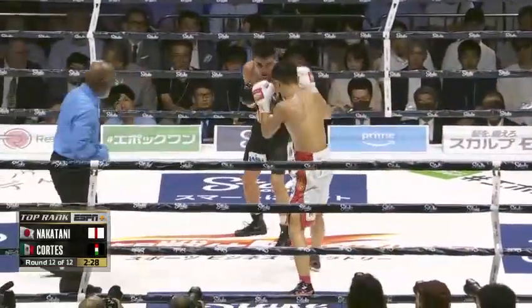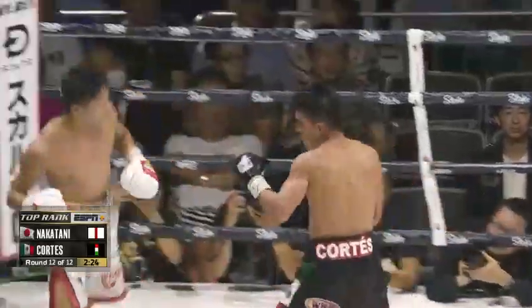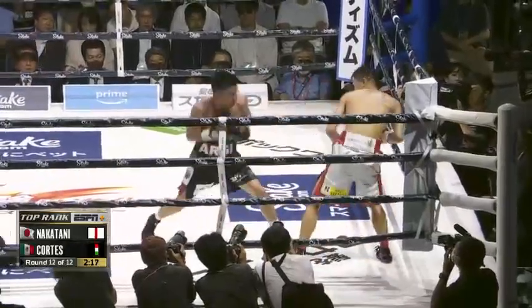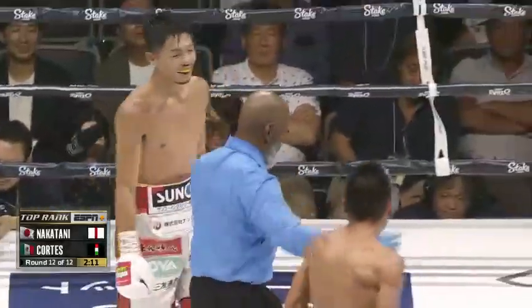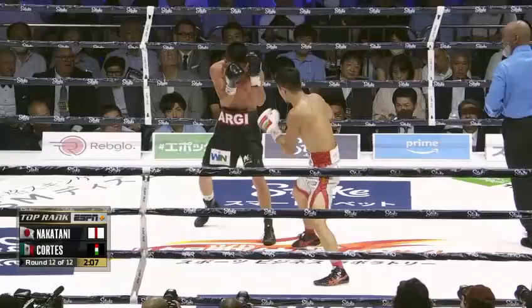Right now, Cortes needs to really use every second on the clock to make an effort at trying to win this fight, because I'm sure he's down big. There we go, just like that. Yeah, he has to fight. Nice getting out of those punches. Whoa. Yeah, and no need for the headlock from Nakatani, as I don't think Cortes was amused by that,